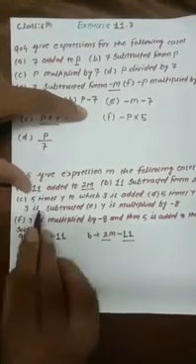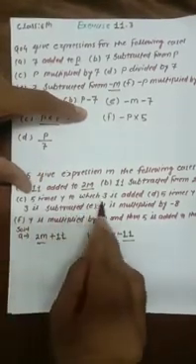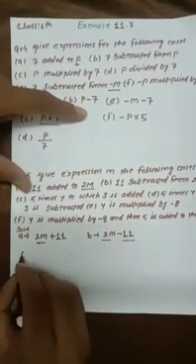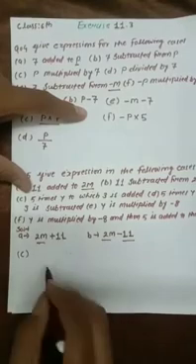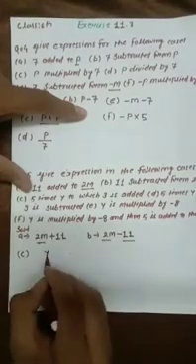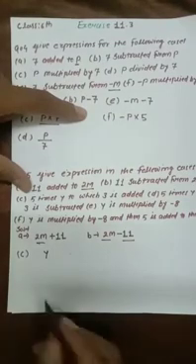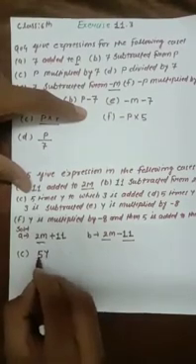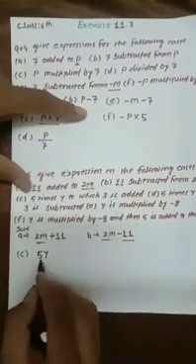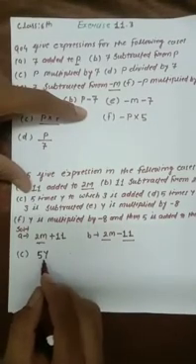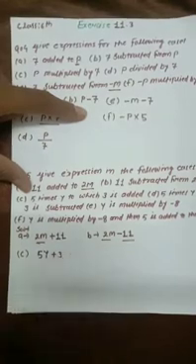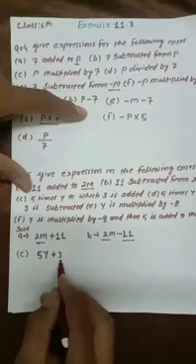Now in the third one, 5 times y, to which 3 is added. First we have to make it 5 times y. That means y is a variable which we have to multiply by 5. So it becomes 5 times y, and to which 3 is added. After doing this multiplication, we have to add 3 to it. So it will be 5y plus 3.